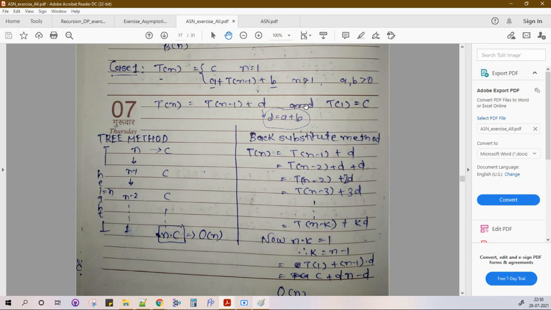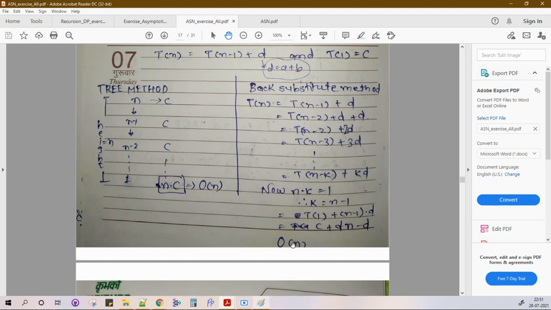At next stage, n minus 2. At next stage, n minus 3. At kth stage, n minus k. So, if I have 10 units of work, then how much time will I take? 10, right? 10 seconds, 10 units of time, because I am doing one unit of work at each recursion call, right? And then n minus 1, n minus 3, n minus 4, up to 0 or up to 1. That is order of n, because whatever the value I have, n equal to 100, then I will do 100 work. n equal to 1000, I will do 1000 work. So it is order of n,